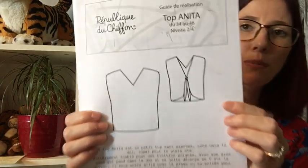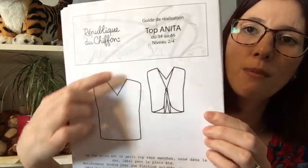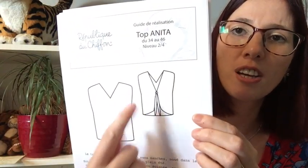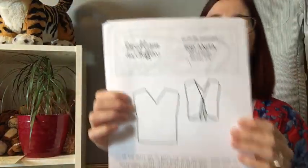But then I remembered that I saw this pattern and I bought it a while ago, and it's the Republique de Chiffon Anita top, which is this one. So it's got quite a plain front with the V-neck, and then it's got this tie detail. And I think you can wear it reversed, so you can have the tie detail at the front and then this at the back. And I think I'm gonna see if I can squeeze that top out of this,